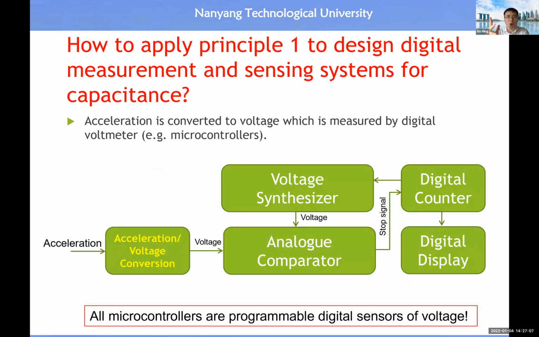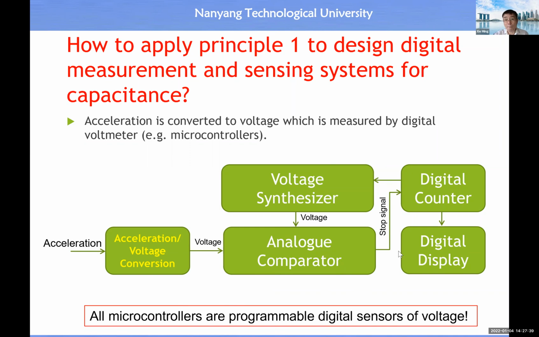So if we apply principle 1, then the design solution should be like this. You will see we just add an extra module to the microcontroller. Here we leverage on this property of a microcontroller, in which all microcontrollers could be considered as a programmable digital sensor of voltage. It is true because all microcontrollers